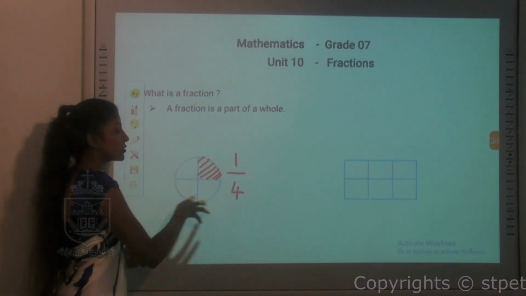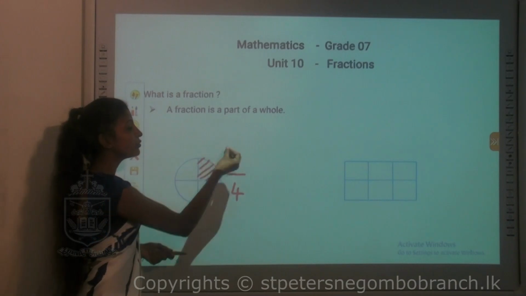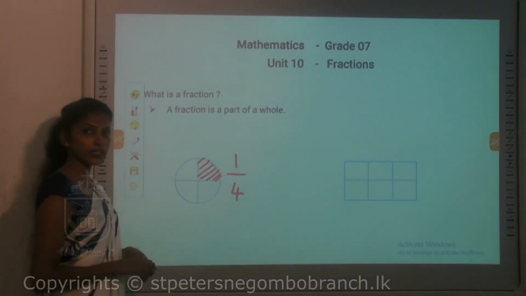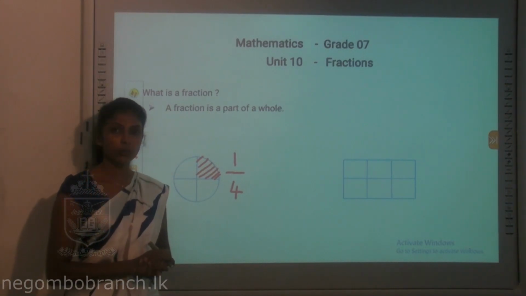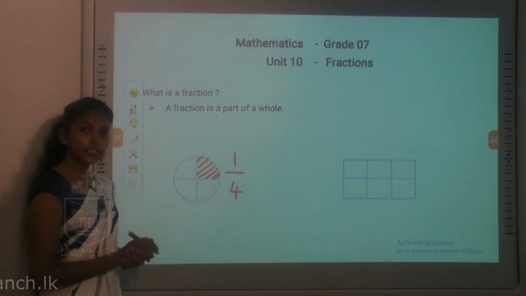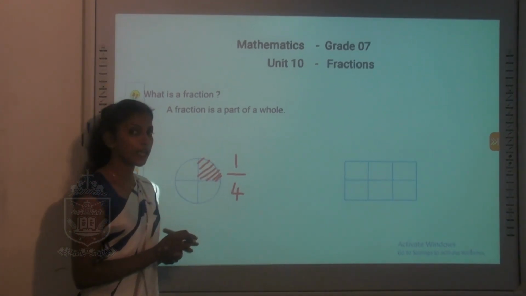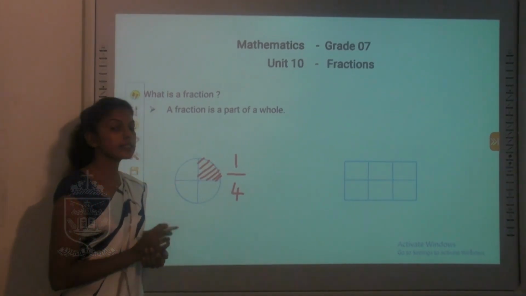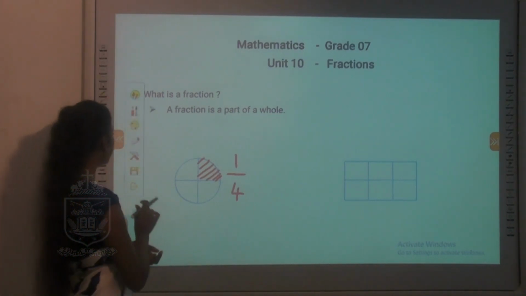So you have altogether 4 parts, and out of that whole thing you are going to represent only one part. That is what the definition says: a fraction is a part of a whole. Now there are 2 terms that you should keep in your mind. The number above the line and the number below the line is given a specific term. So the number above the line,